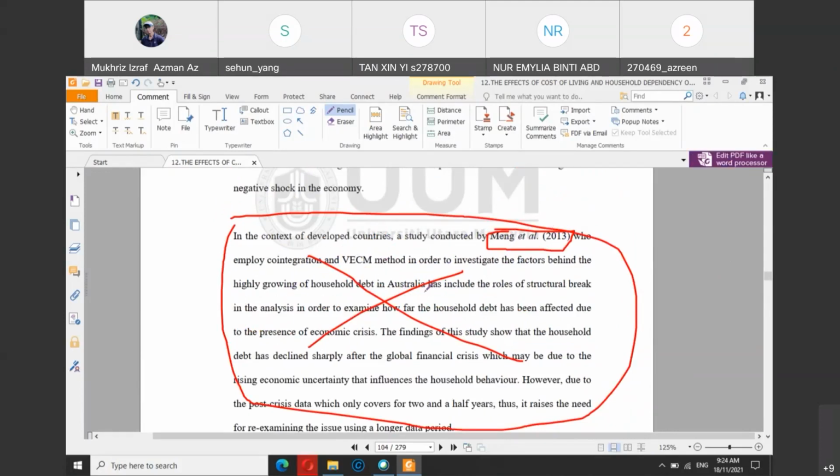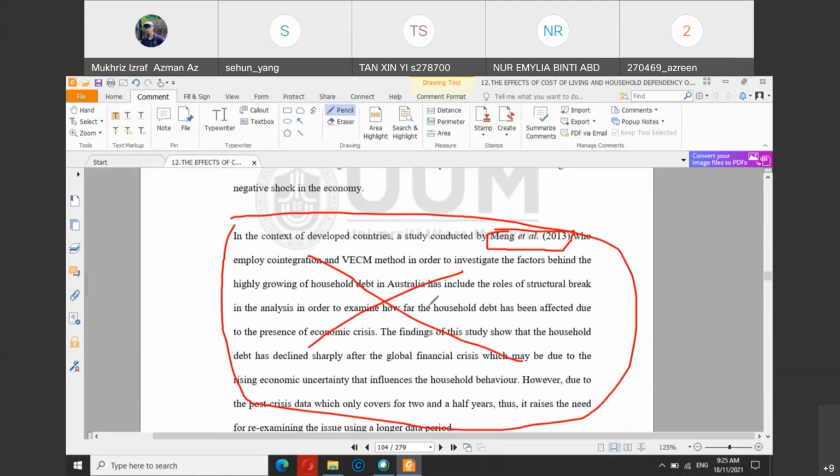Because you must remember that when you write, you cannot simply copy and paste directly from the article. You need to paraphrase, you need to rewrite, or else it will be detected by Turnitin as plagiarism, in the similarity index. So you need to rewrite. But sometimes when you rewrite or paraphrase, the context becomes wrong. So this is again a very common problem among students.